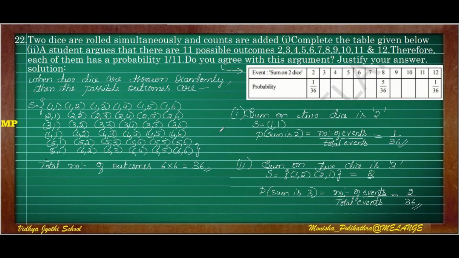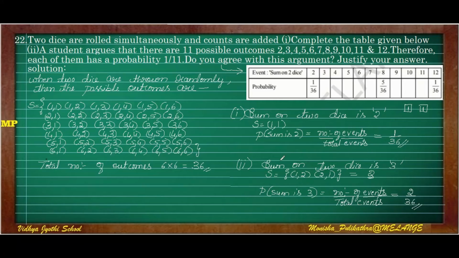Okay, so this is the question. We have to find, if 2 dice are thrown, and the sum is 2, meaning one die shows 1 and the other die also shows 1, how many possibilities are there? We know 1 plus 1 is 2. So a sum of 2 is possible only in one case and no other case is possible, right? So the sum on 2 dice is 2 only in one form, that is S equals (1, 1). So the probability of sum 2: the number of events is only 1, that is 1 plus 1, and the total number of events is 36.